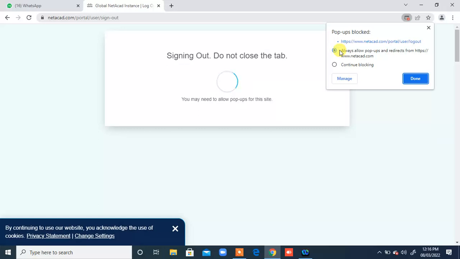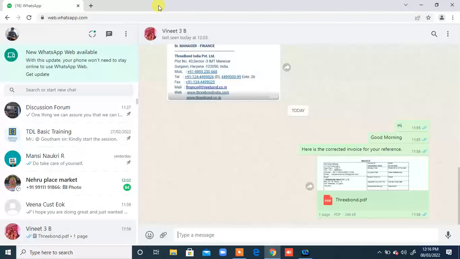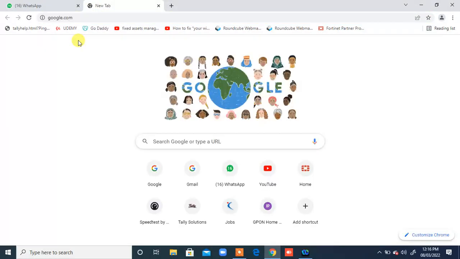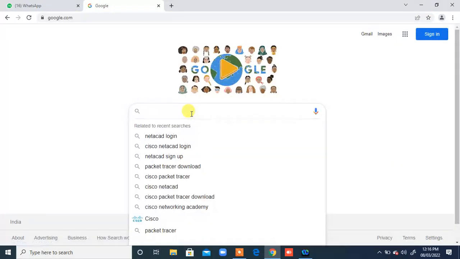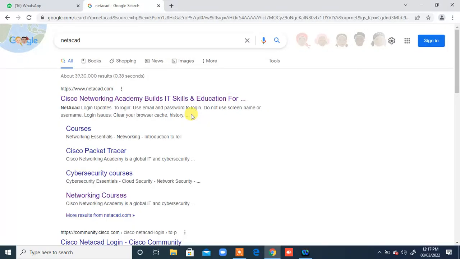So actually one pop-up was blocking this particular website, so I'm just allowing this pop-up so that we will be good to go. So I think it should be up and running because we have already allowed this pop-up, so there should not be any issue, right? So I'll just close this page and open the page again. I will do the same thing again. I'll say NetAcad, right? So I'm just going with the first link only,